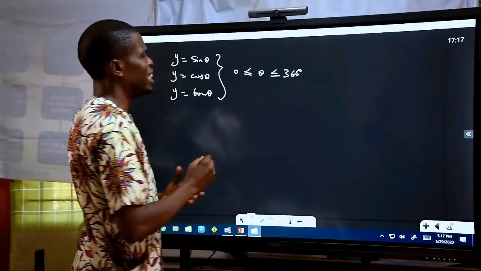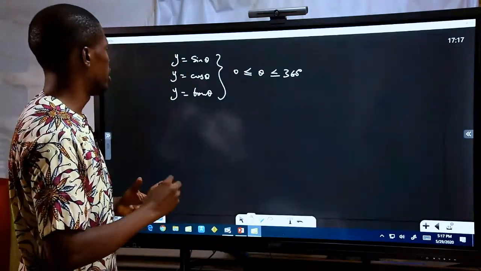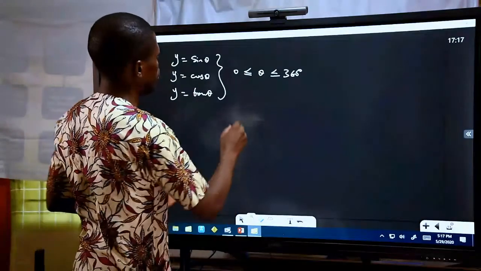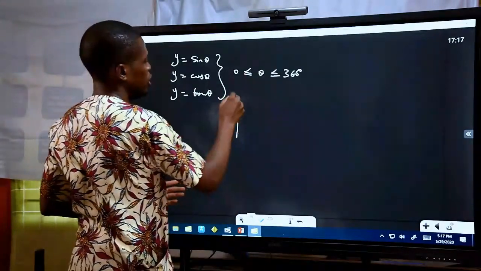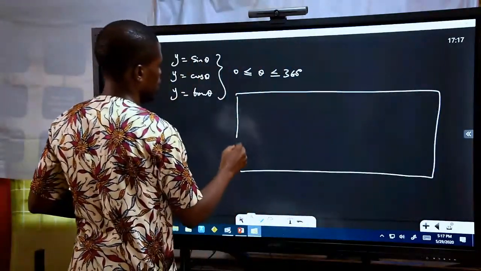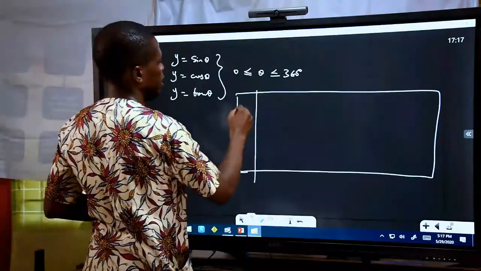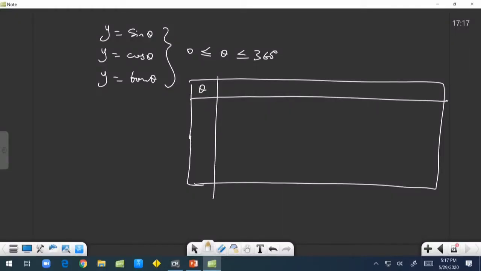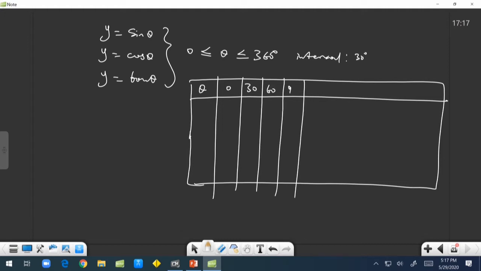We need to have an interval for us to deal with this. First of all, we'll prepare a table that will accommodate the range. So we have theta, and the interval we are considering here is an interval of 30 degrees. If you consider interval 30, we have 0, we have 30, we have 60, we have 90, we have 120,